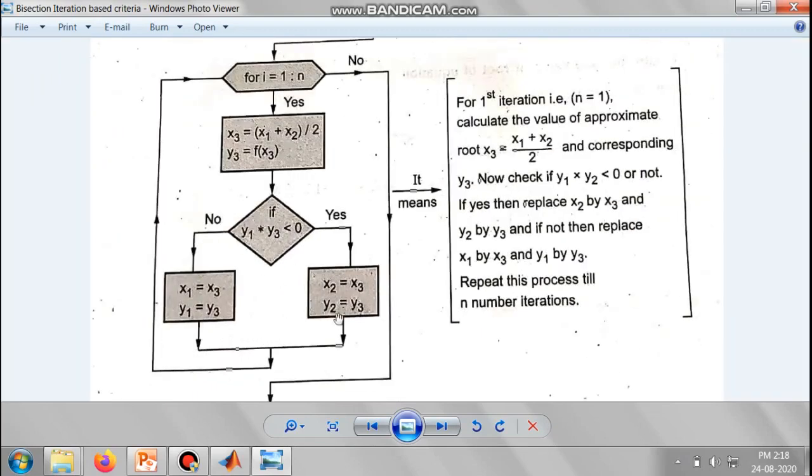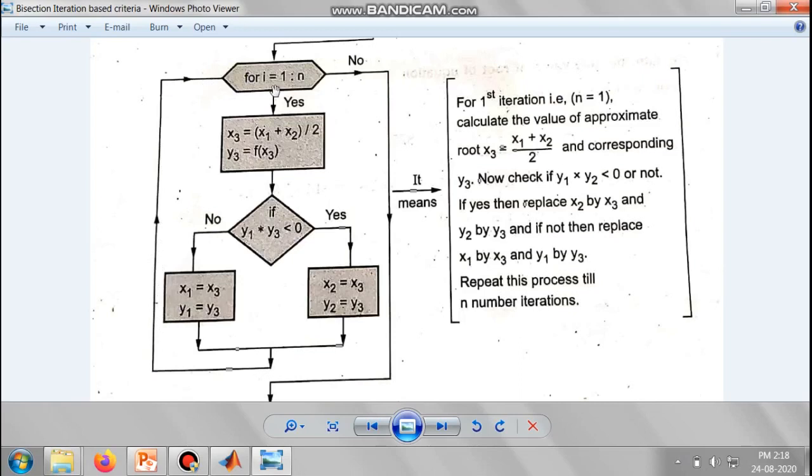After replacing these values of x1 and x2, it will again be diverted back to the for loop, where now this i is getting updated to 2. So for the second iteration, this particular process will be followed again, and after completion of iteration number 2, it will be diverted towards the for loop.